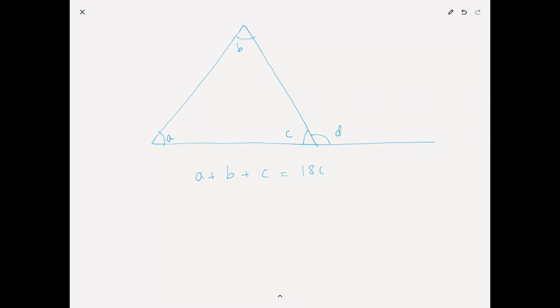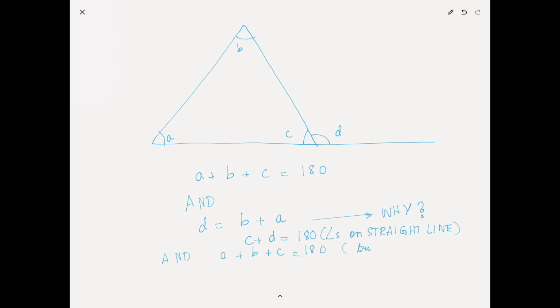Triangles have three interior angles, and over here for an example I have shown one exterior angle, though actually they would have three exterior angles, as we will see later when we cover polygons. So A plus B plus C, which is the sum of the angles inside a triangle, adds up to 180. And the other rule that we have to worry about is that D is equal to A plus B.